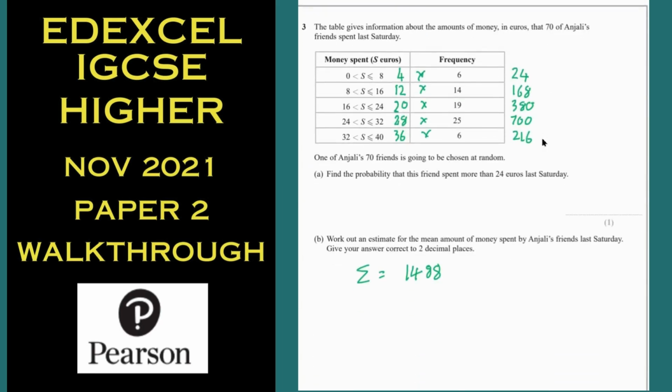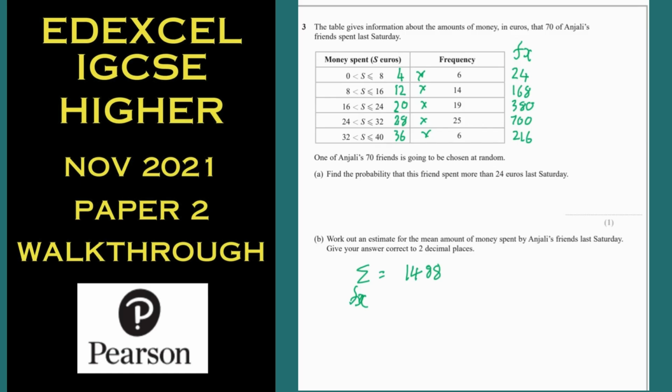Number 3, it bores me writing these out every time, so I've done it already so you don't have to watch me scribble. You're estimating, so you write down the midpoints. You multiply them by the frequencies. They usually, as this one's done, give you a clue by moving the table across to the left. So midpoints, sometimes referred to as x, multiplied by frequency, you get your fx's over here. And when you sigma or sum your fx's, you should get